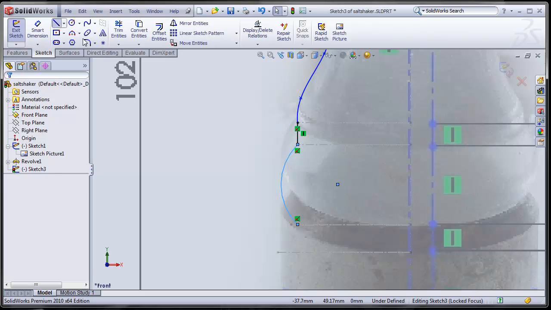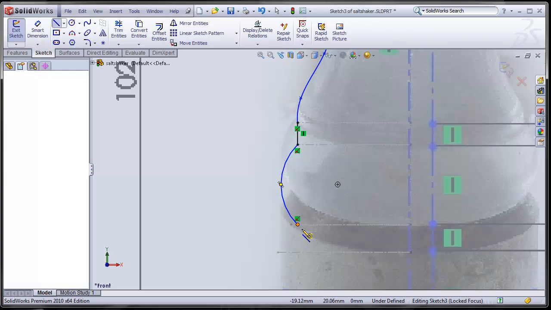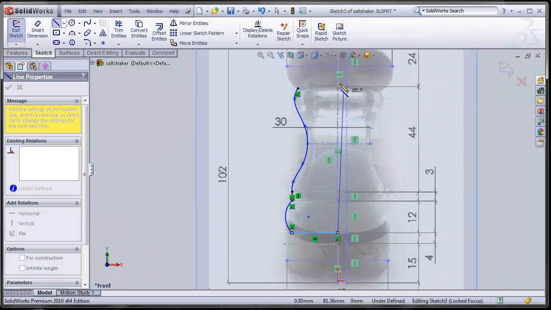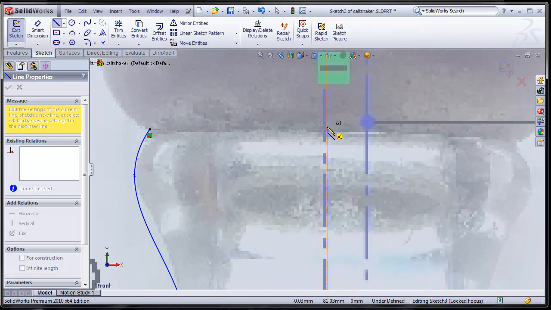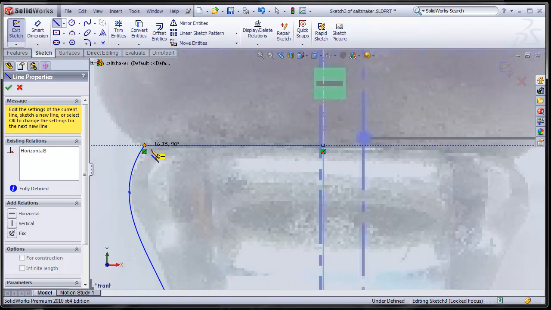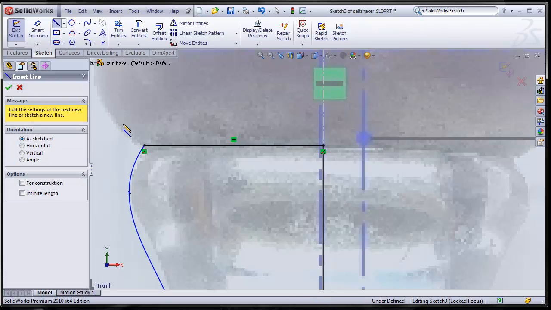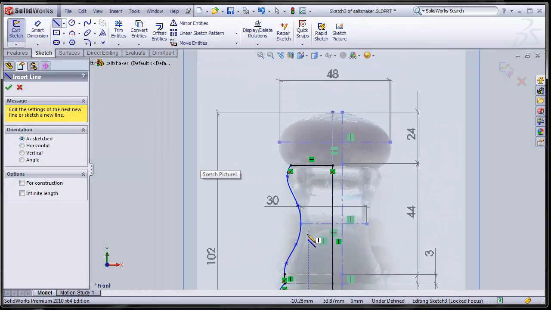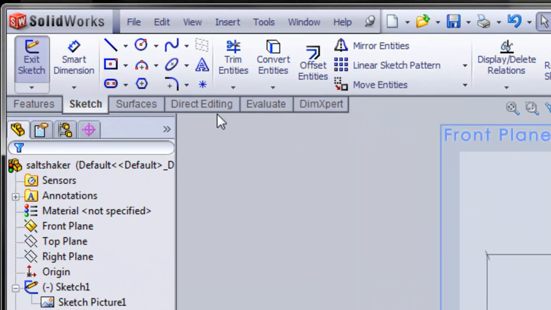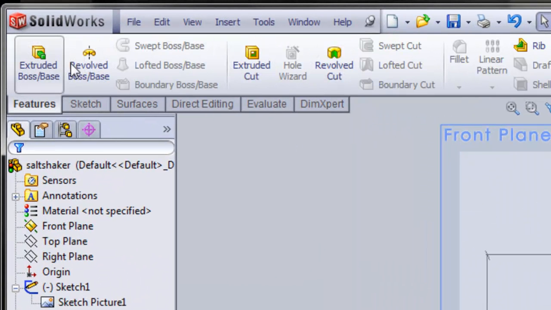Then I'm going to click on line, select the end of the arc, the end of the construction line, zoom out, zoom in, click here, and close the object. So we say OK. Now we created the body. Let's say OK. Now I'm going to go to features, go to Revolve,